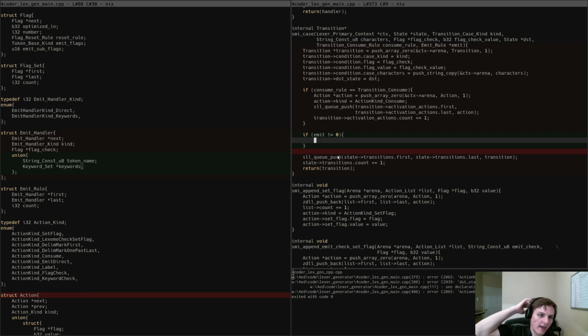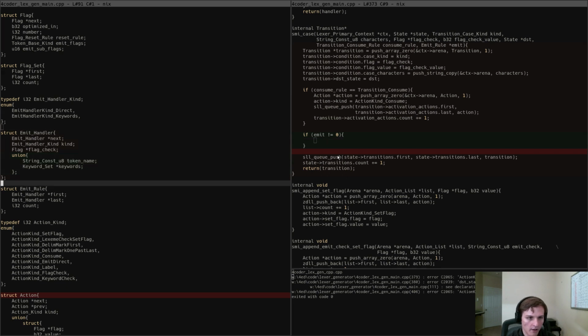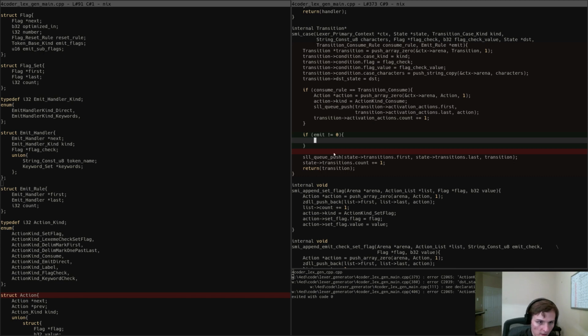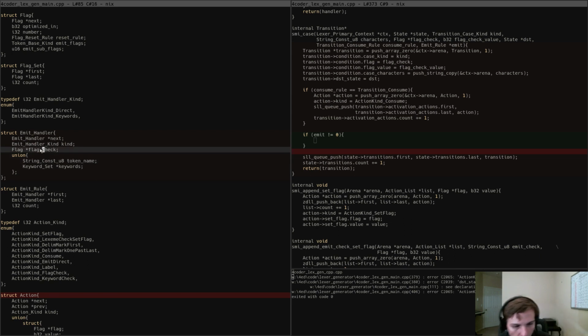Let's generate the actions off of the handlers first, and then maybe we'll talk about simplifying handlers, because I'm already halfway through this. So in order to turn these into actions, what we need to do is say, all right, if we see a direct, then first of all, everything may or may not have a flag check. If it has a flag check, we need to emit an action flag check, and basically the flag check says do this handler if that flag check passes. So the flag check we emit essentially wants to be one that says